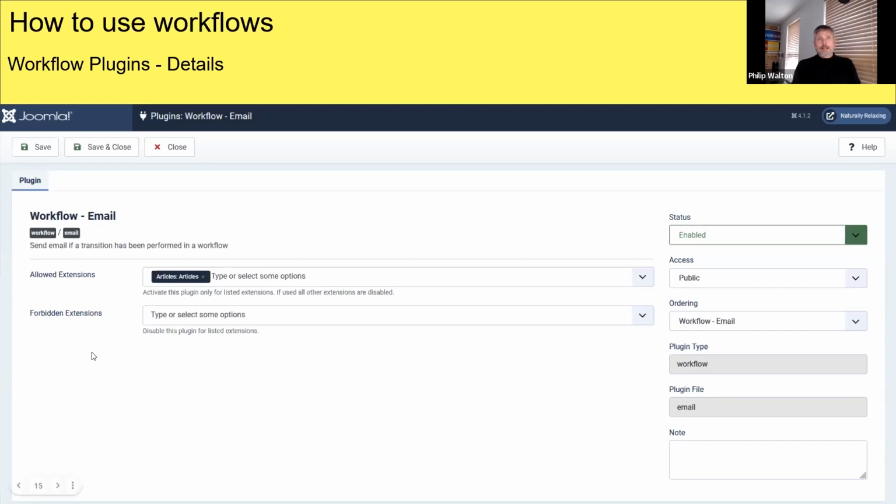And so let's say you just don't want the email facility for users. When users go through a series of workflow, then you could disallow the email plugin for that, but allow it for extensions, changing categories, all that sort of thing.